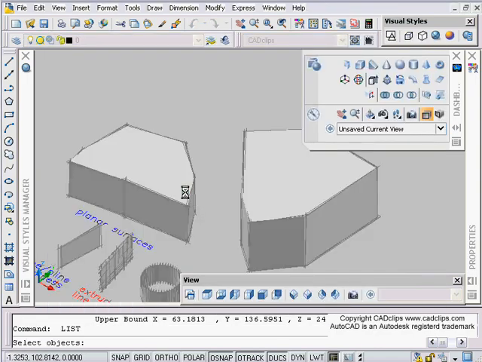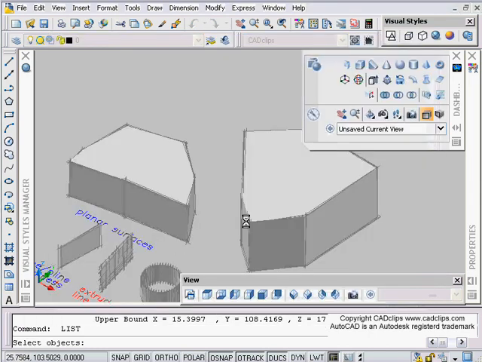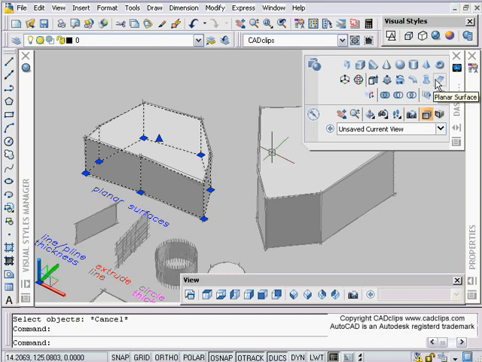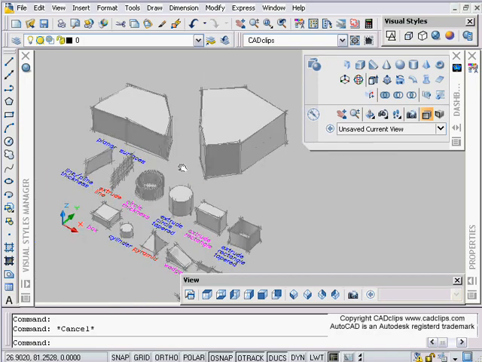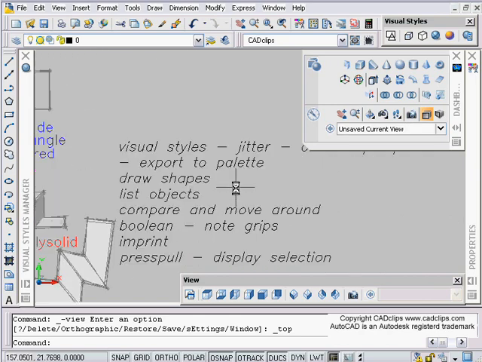So one was a polyline 3D, so there doesn't seem to be too big of a difference. Okay, but you can do different things with surfaces. So a polyline extruded, a polyline converted to a planar surface. Okay, we'll talk more about that, and then that being extruded. Okay, just some more